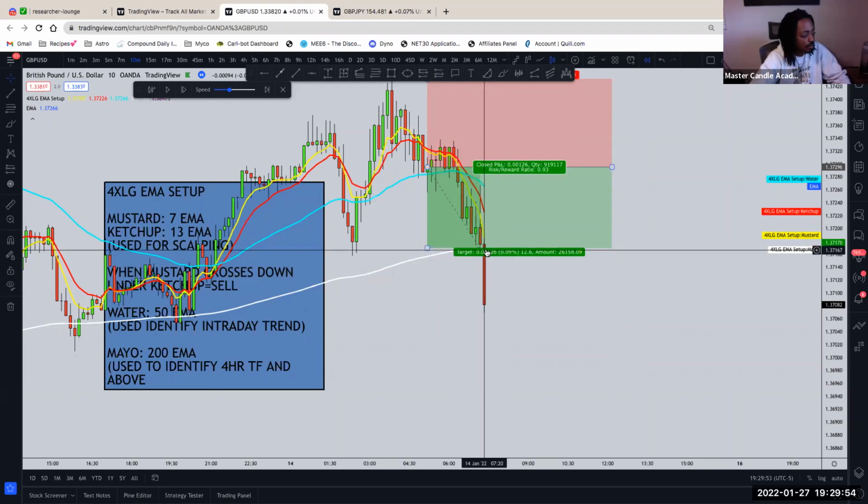Does anybody want to take a guess as to why we may be looking at swing entries when we